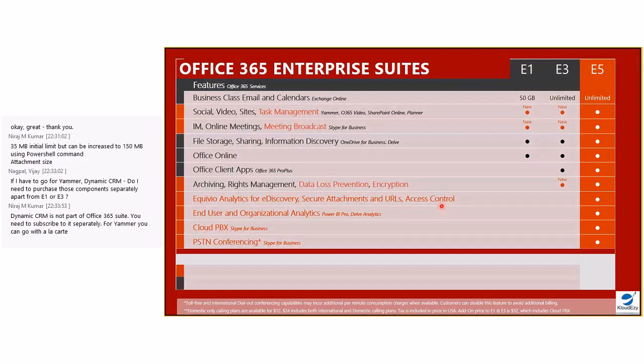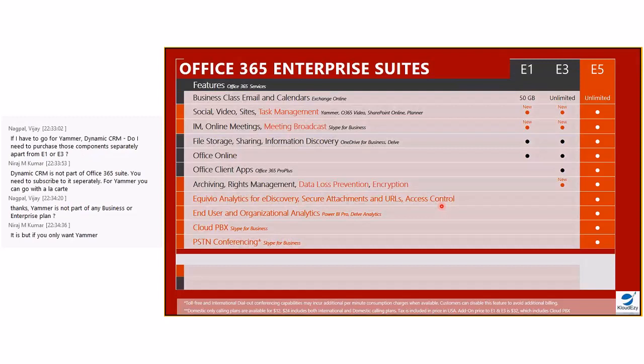Apart from that, the major difference between E5 and E3 is that in E5, Microsoft has integrated a PSTN conferencing tool, PSTN conferencing for Skype for Business, and you have an option of going for a cloud PBX. If any of your customers wants to go for a cloud PBX, maybe a customer running a BPO or a KPO business where outgoing calls are the main nature of the business, the main revenue earning portion of the business,